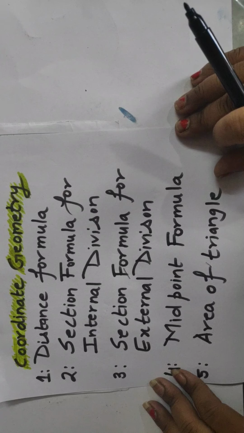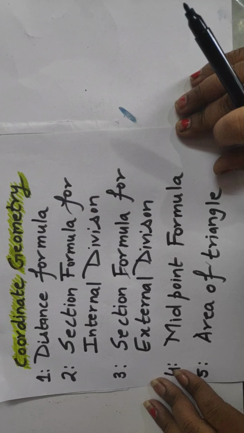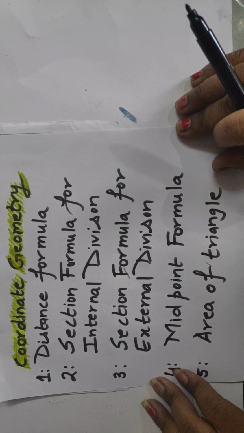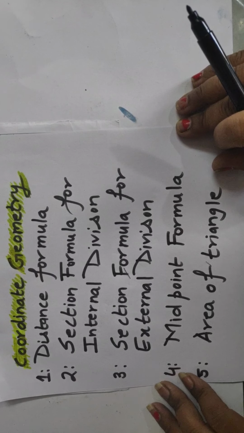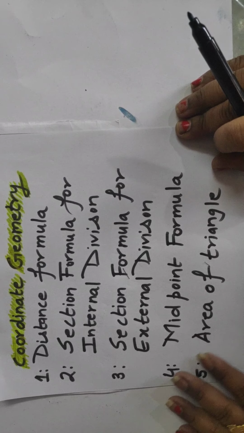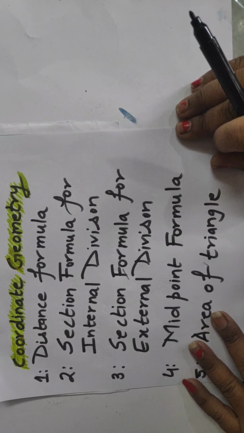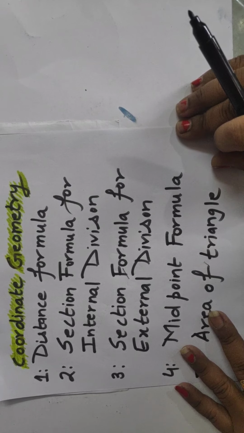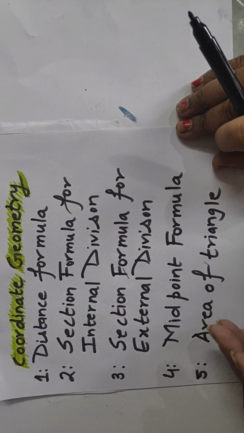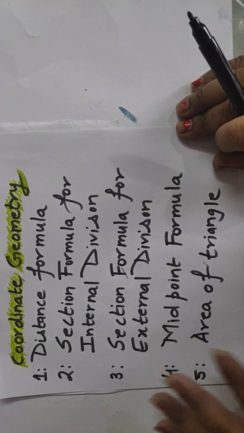So as we know, in coordinate geometry, in a Cartesian plane, if we want to locate any point, we use coordinate geometry. It is basic, and it is used in so many things. We can use it for the geometry portion as well as for algebra, to solve algebra by using geometry, and you can solve geometry by using algebra.